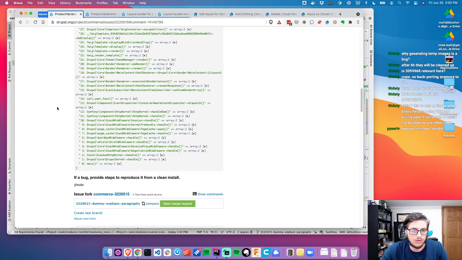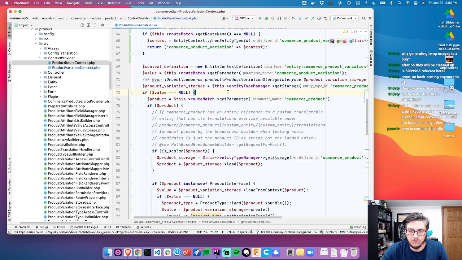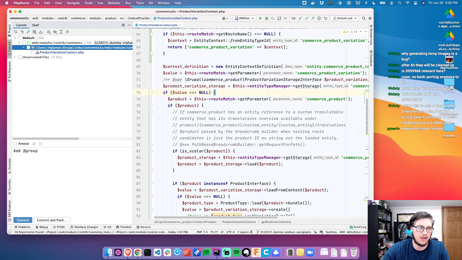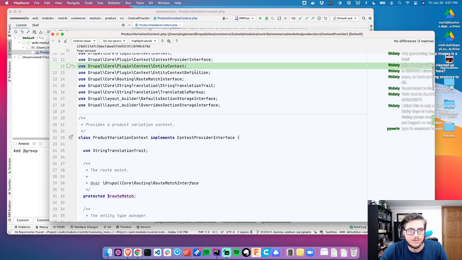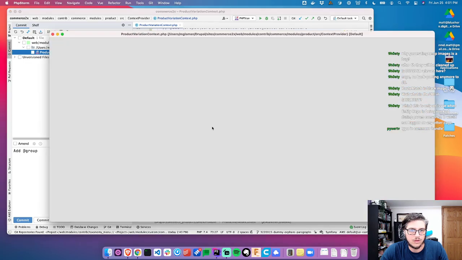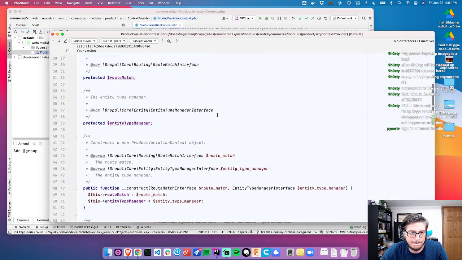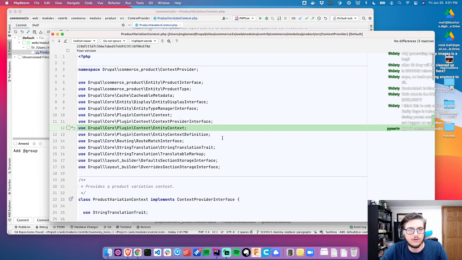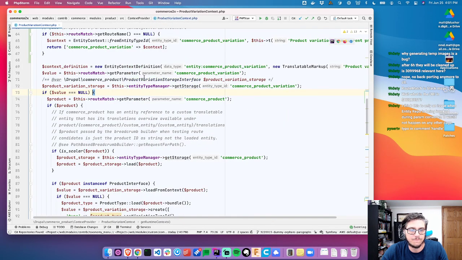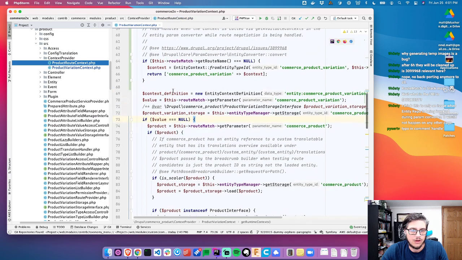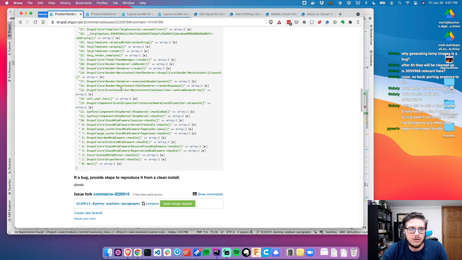All right, so let's go ahead and commit this. I don't know how we can test it. I do know how we can test it, I think. It doesn't cause a crash, and I couldn't replicate the initial issue. But